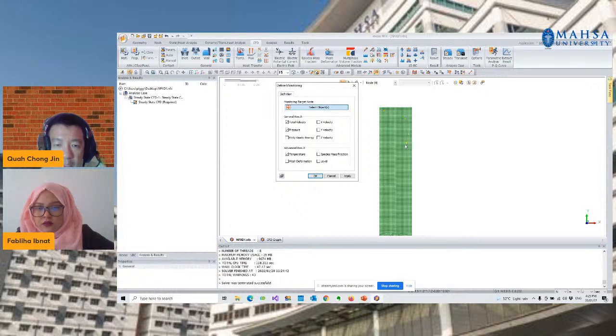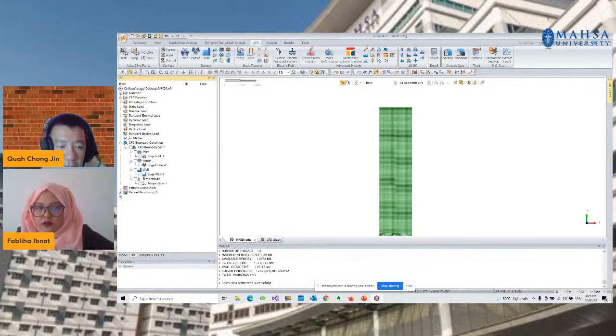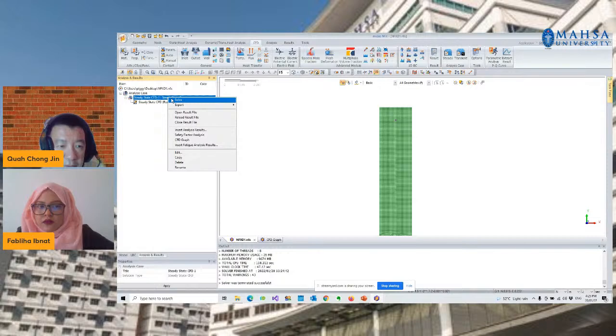So we can place sensors at any point. Usually I prefer to put it somewhere away from the outlet. So this is the sensor, and this sensor can be viewed over here. These are all the sensors I have selected at that particular point. Then let's rerun.